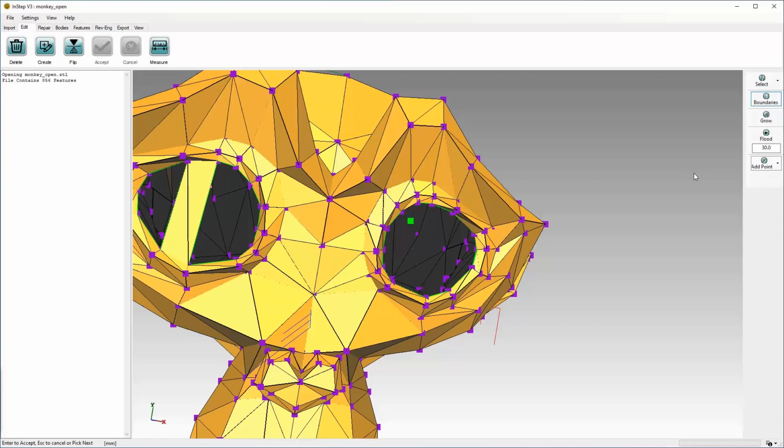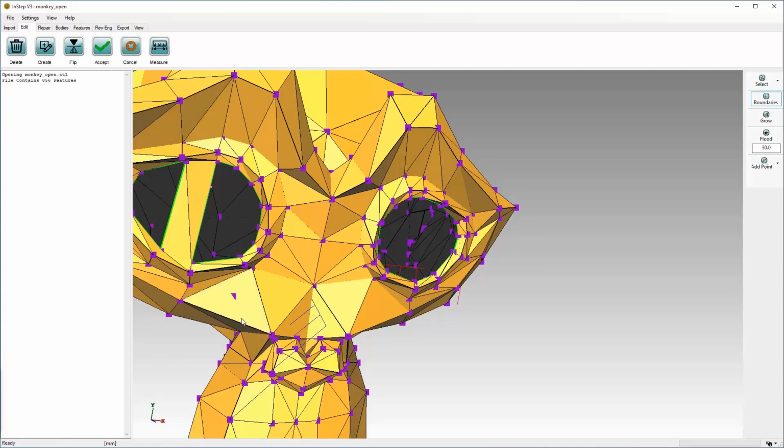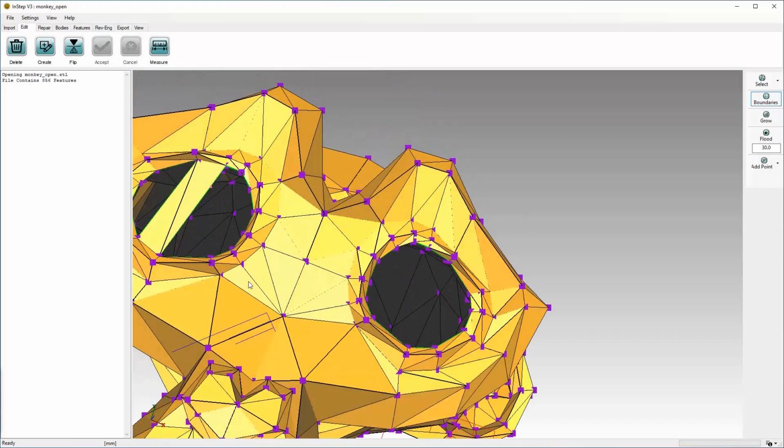And we can also directly pick points, so we can use the pick on surface option and then just select a location somewhere in a triangle, enter to accept, and then we can use that for other options.